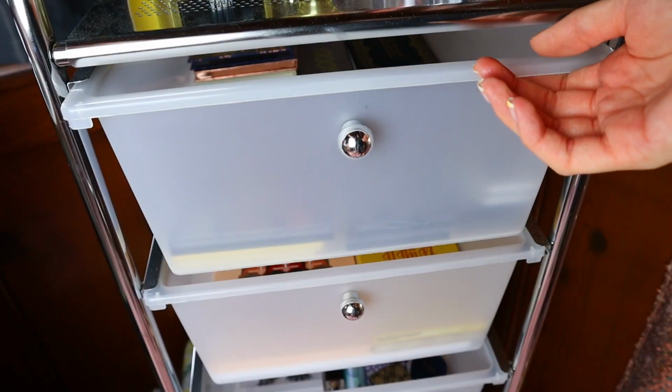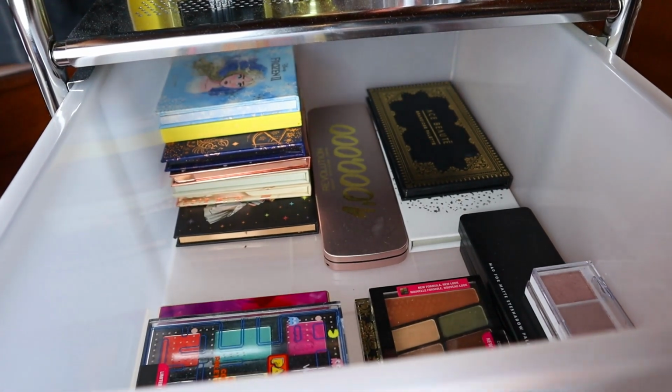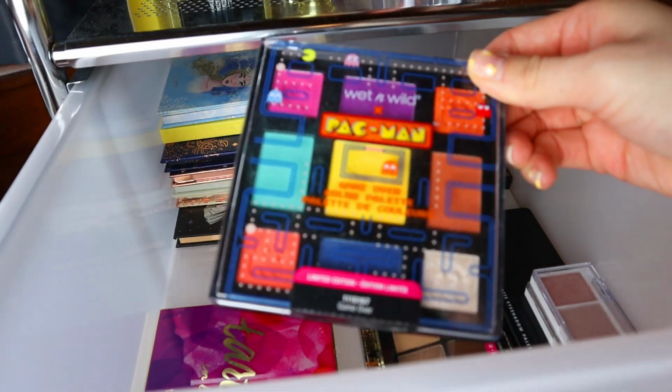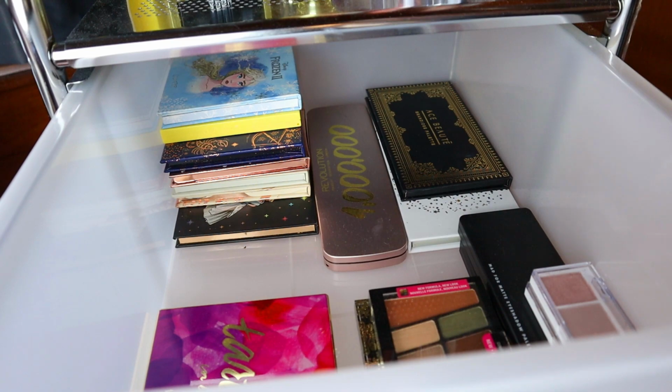So in my top drawer here, I have a bunch of my smaller eyeshadow palettes. Okay, so right here we have the Wet n Wild Pac-Man eyeshadow palette, which is limited edition, so I try not to use this too much, but it's a nice palette. Then we have